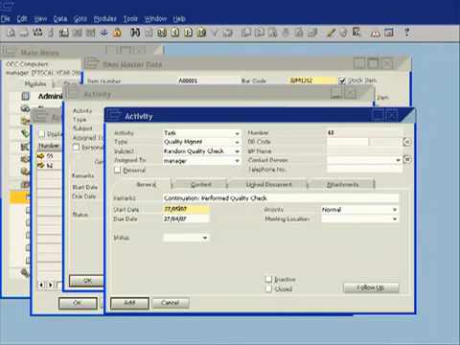So I'll now schedule this on the 27th of the 5th, and let's see, that's all okay. So now I go ahead and I'll say add,